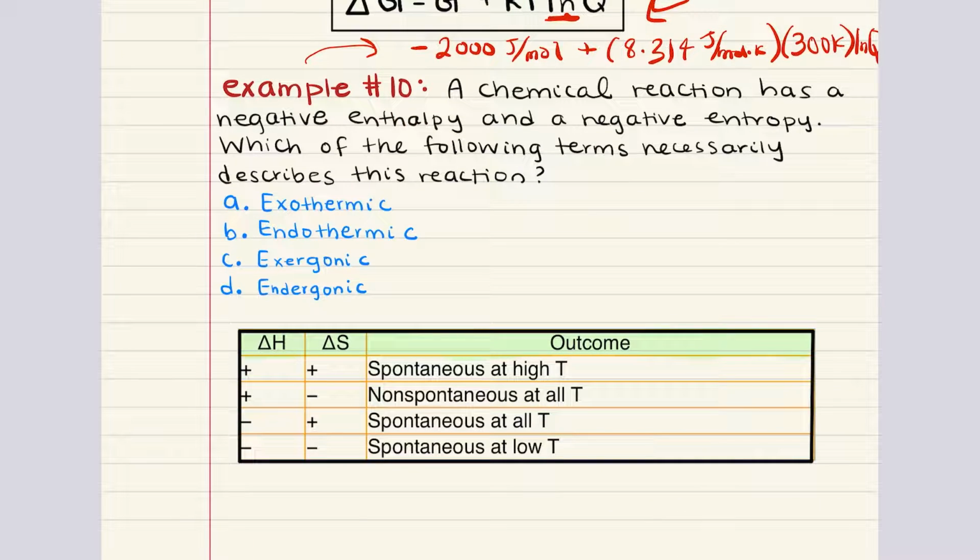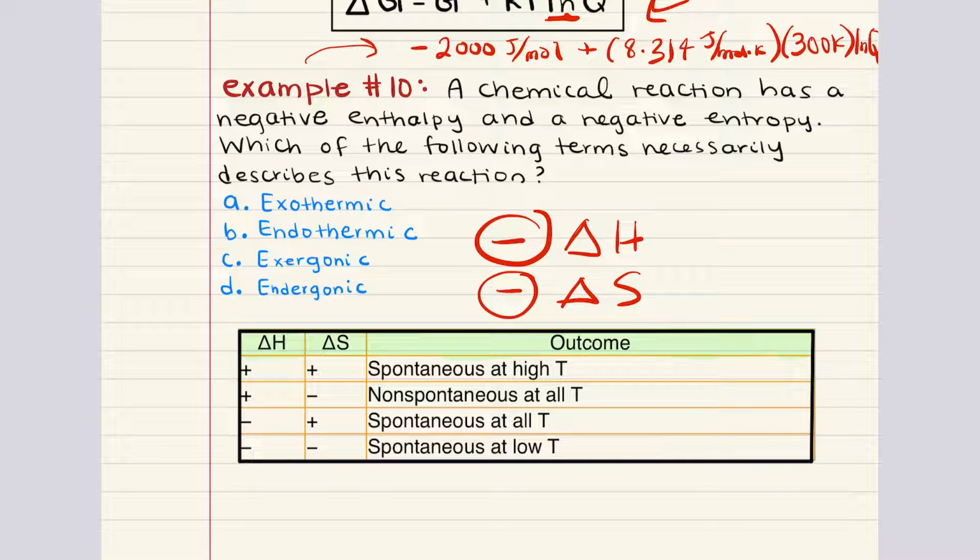Problem 10 says a chemical reaction has a negative enthalpy. All right, so it has a negative delta H, and it has a negative entropy, so it has a negative delta S. Which of the following terms necessarily describes this reaction? Is it exothermic, endothermic, exergonic, or endergonic? So really quickly,